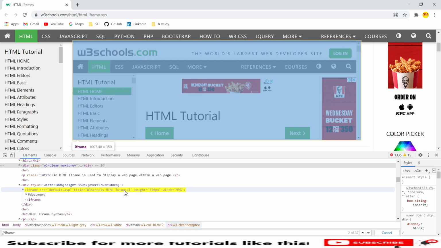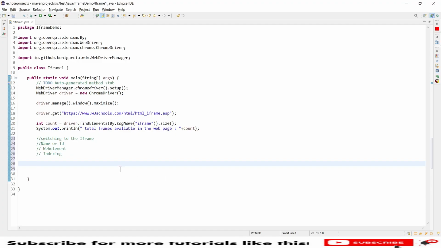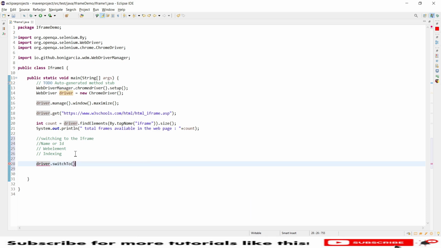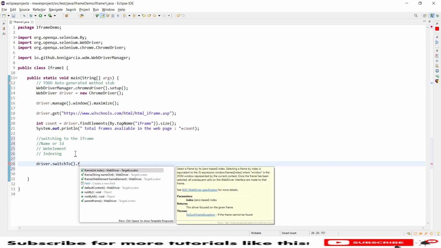I wanted to use the second index of this web page. I will go back here, and I will say driver dot switch to dot frame. Once you click on the frame, you will see the 3 different implementations.